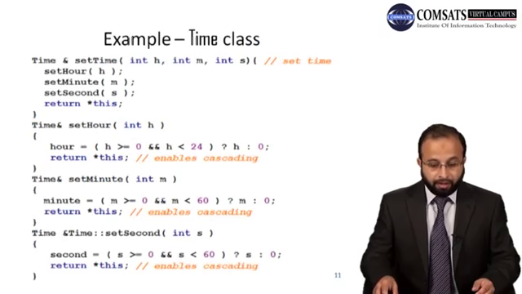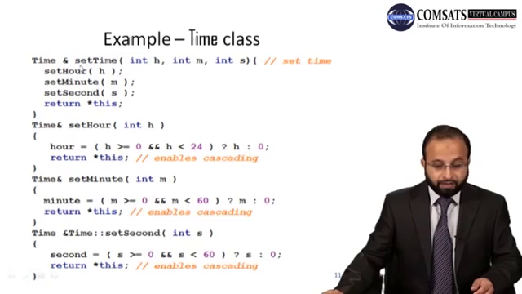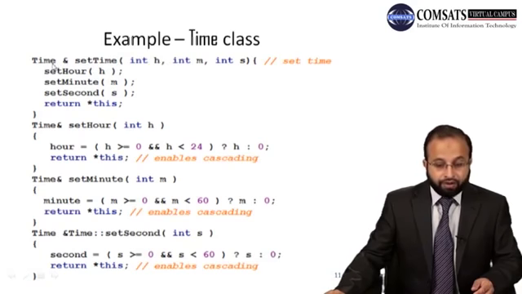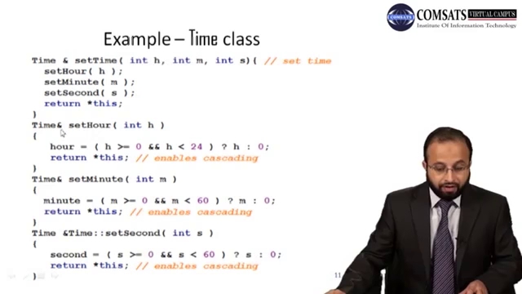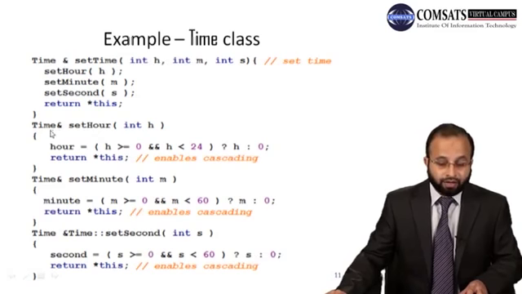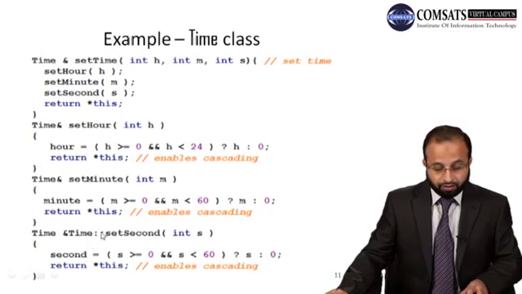So this is a time class. Okay, so we have a set time function. Now the return type of this function is a reference to time, a reference of an object of class time, right? So set hour also returns a reference of an object of time class, and set minute and set second also return the reference of the object of time class. Now here just ignore this scope resolution operator and time,